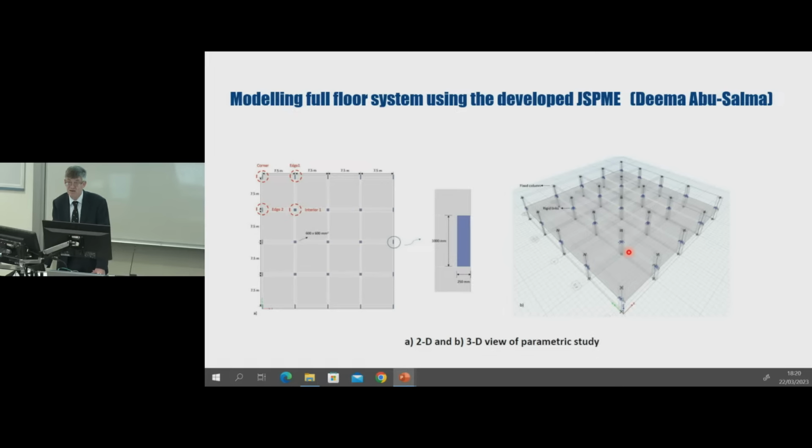So in this case study, I hope that I've convinced you of the advantages of using mechanically based design models. So the key point here is that with the mechanically based critical shear crack theory, we were able to show that slabs designed to BS 8110 with less shear reinforcement than would now be required are often safe. And the reason for that is that the shear resistance is increased through the benefit of having slab continuity and compressive membrane action. Simple empirical design equations like that given in the current Eurocode are unable to solve complex problems of that type.